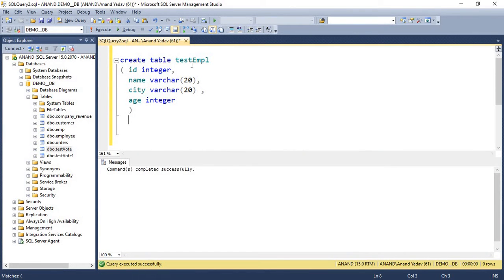So we have a table called test employee, and this has four attributes: ID, name, city and age. As I explained earlier, we want to assign a default value for city. So if any user does not provide his city name, we will provide some constant or default value like unknown.